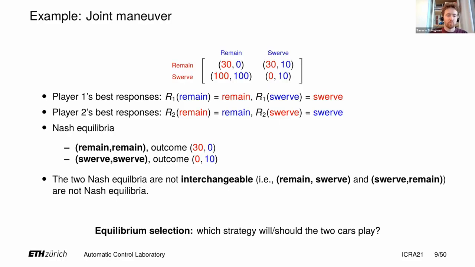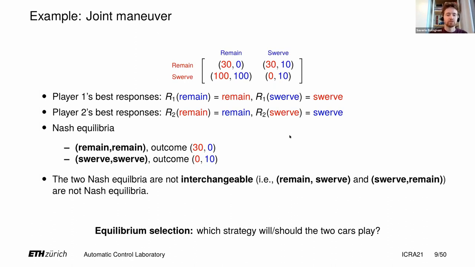What's your prediction if you have multiple Nash equilibria? And if you are instructing cars to behave in a certain way, what's your way to select one of these Nash equilibria? This problem is actually quite complicated, despite how early it appears in the slides. It's quite complicated to solve. I'll provide just one tool, and then we'll discuss some others, and some cases in which this problem actually becomes